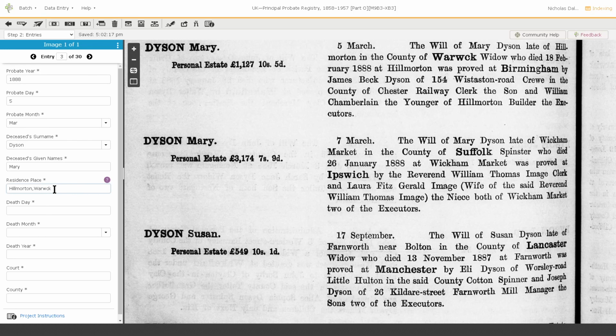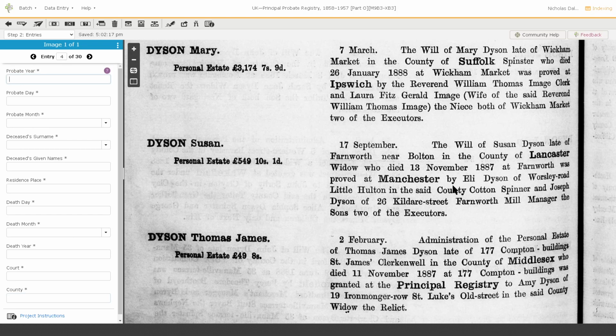All right. Death day is 18 February of 1888. And proved at, and then it's Birmingham. So we're going to go ahead and do that. Birmingham. Once again, if it says principal registry, you would just do Control B here. And then for county, we're just going to do Control B. All right. So then we've got